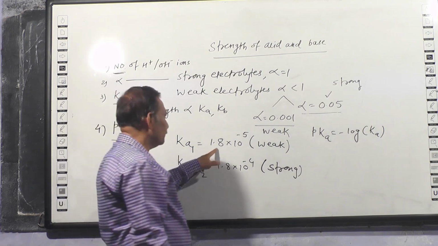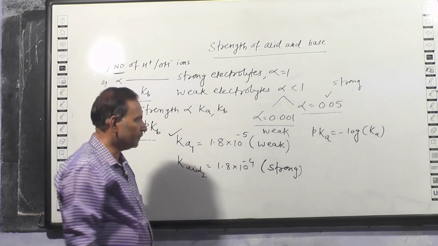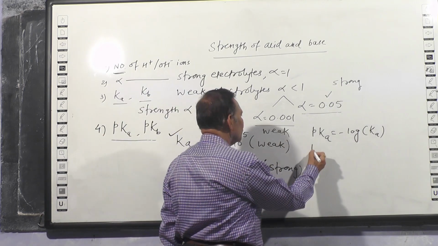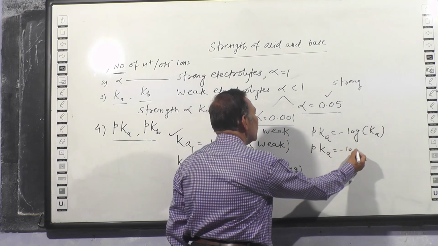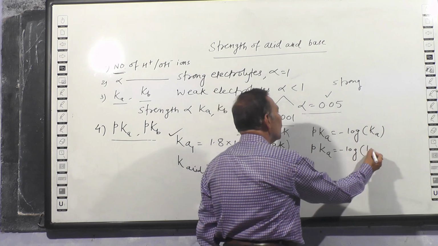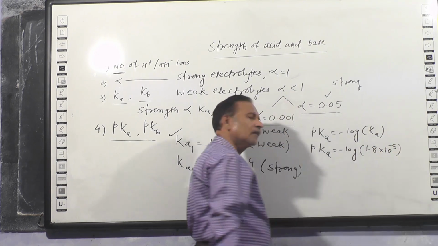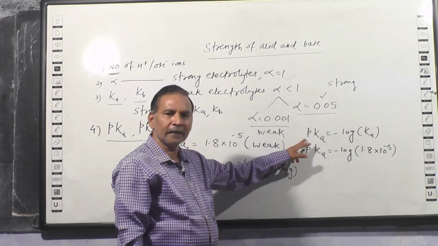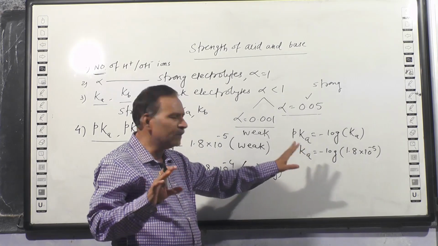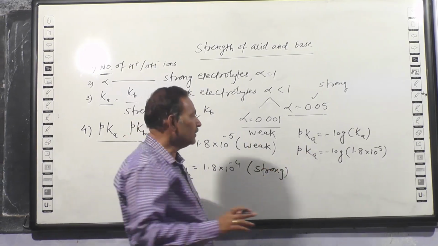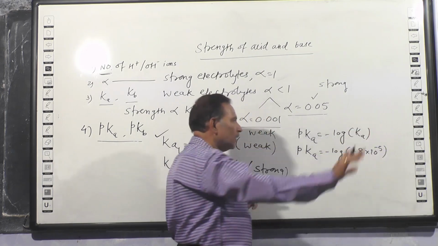तो अभी एग्जांपल हाउ टू कन्वर्ट. सो वी विल टेक these values. For this acid we'll calculate what is its pKa first. Okay, so we'll put in the formula. pKa is equal to minus log 1.8 into 10 raised to minus 5. This is the formula. Put the value of k in the formula, keeping remaining things all as it is. So minus log of k is 1.8 into 10 raised to minus 5.